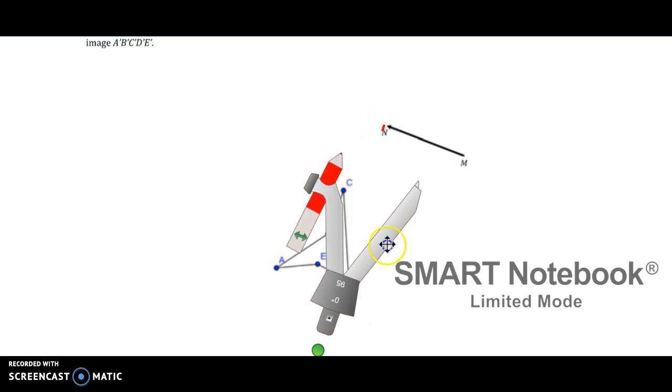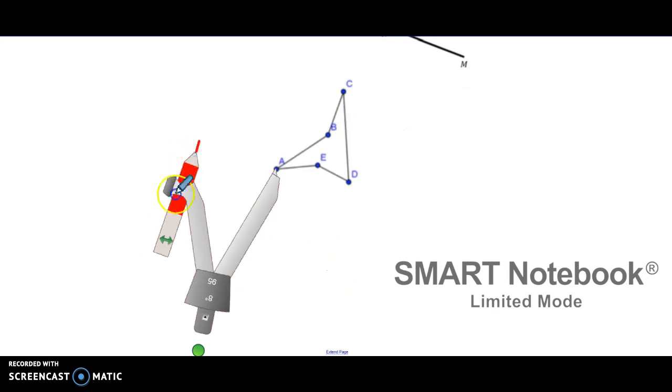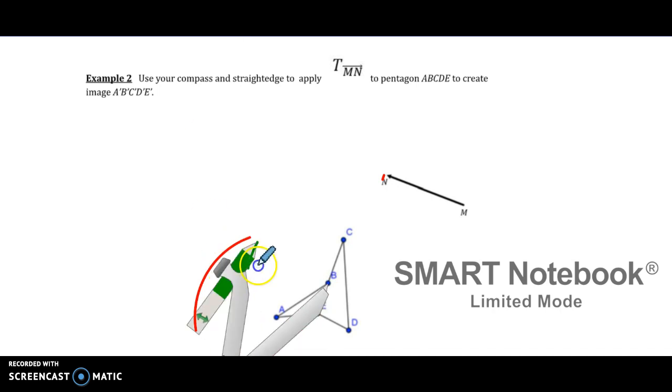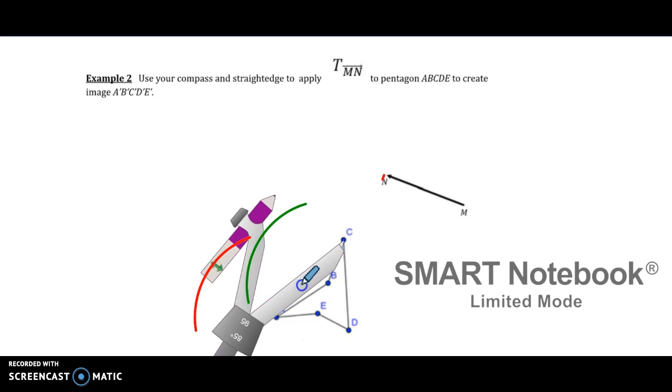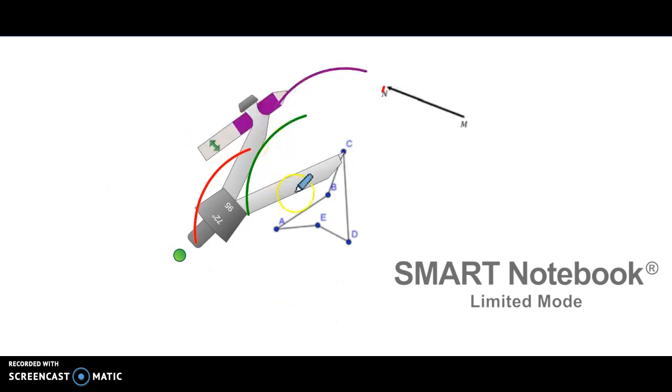Okay, there's my length, and I'm going to transfer it to a pre-image point, in this case point A, and I'm going to make an arc of that vector length. And again, I'm going to just apply mine to all of the points for ease. You might want to do yours individually, point by point, so that you can keep track of your arcs. Again, it's going to get a little messy because you do not have the ability to color code your arcs. I mean, you could label them 1, 2, 3, 4, 5,